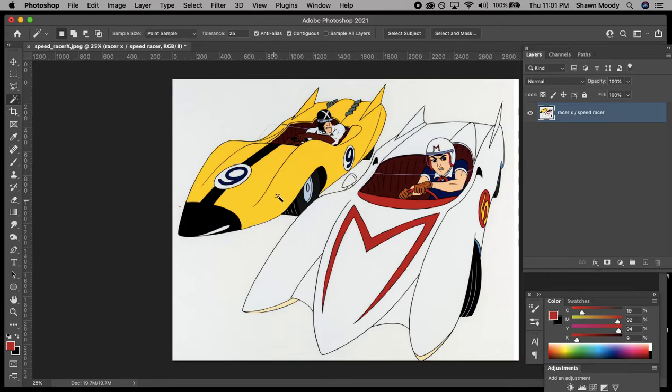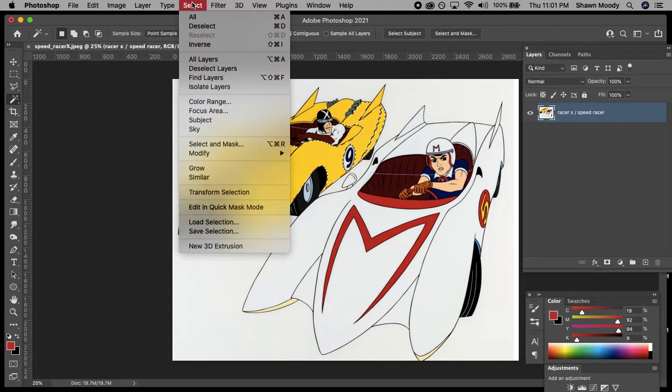So I'm going to simply click on Racer X's yellow race car, and you'll notice right away that it only highlights portions that are enclosed or surrounded in that yellow. Anything that's surrounding it that's kind of cut off, like a wall, if you will, it's going to be stopped. So I have the marching ants selected on certain sections, but I want to make sure that I select everything that's in that yellow. So again, the easiest way to tackle this is by going up to Select and coming down to Select Similar,